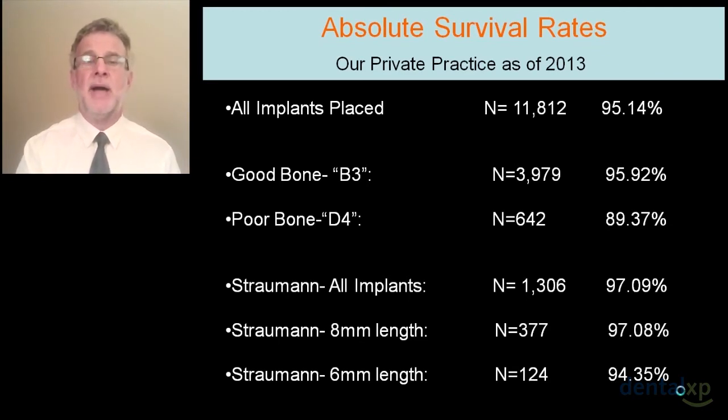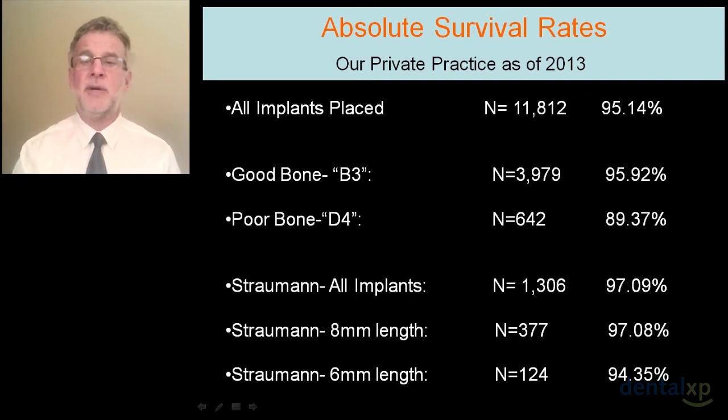In my own practice, as of earlier this year, we've now got over 12,000 implants, every one being followed on a sophisticated computer system. In terms of survival rate, overall, we have about a 95% survival rate, and there are hundreds of risk factors we could break down these statistics by. But if we just compare good bone, what I call B3, compared to poor bone, which I call D4, we can see a substantial difference in